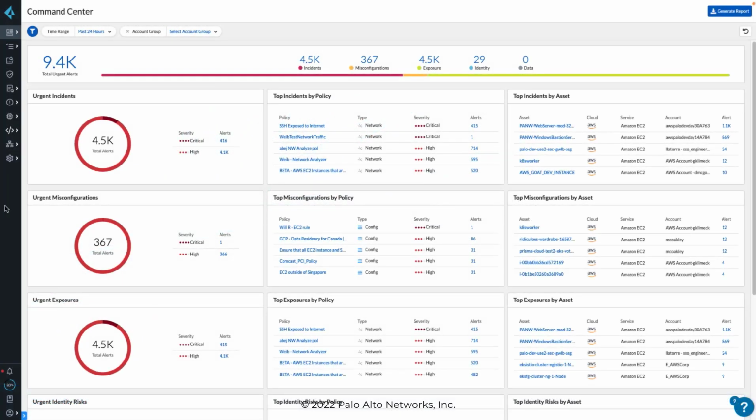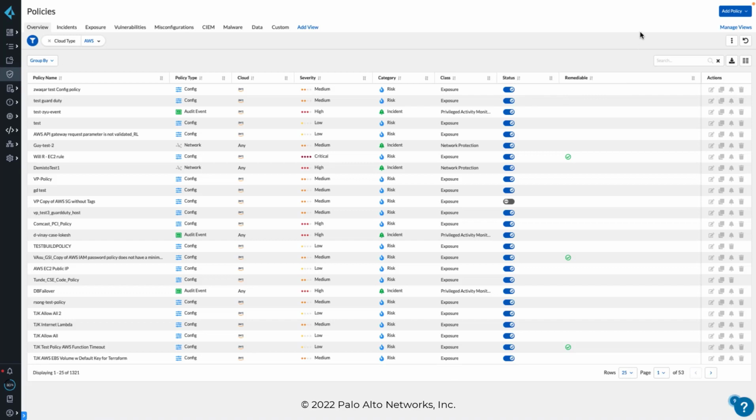In addition to creating a custom compliance standard, I can further develop that standard by creating custom policies to associate with the standard as well. And I can do that by first navigating to the Policies tab. To create a new policy, click the New Policy drop-down list, and we're going to go ahead and create a